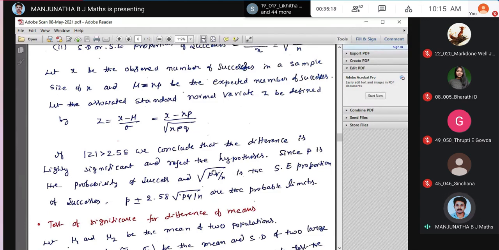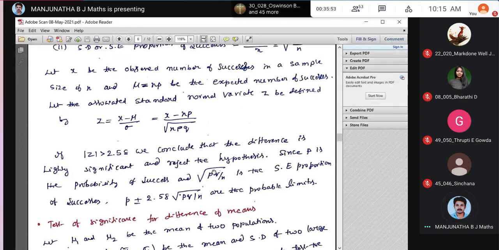We have some problems. For example, in a coastal town, what are the probable limits of hot weather during 100 days when p is 0.1? p is 0.1 means 10 out of 100 days, and on that we have to find the probable limits. I already sent you problems to go through, like the probable limits of income, and how many families have income between these two limits. That is the probable limit, the expected. What is your inference? Inference means what you conclude. That type of problems we have to discuss.